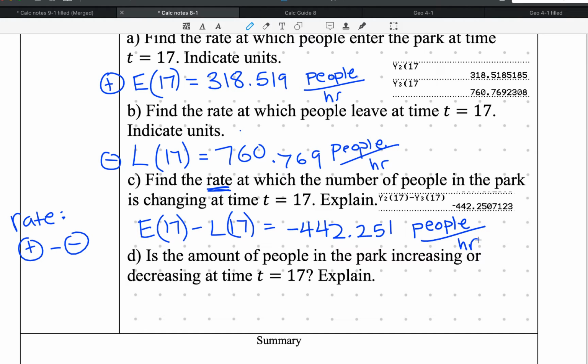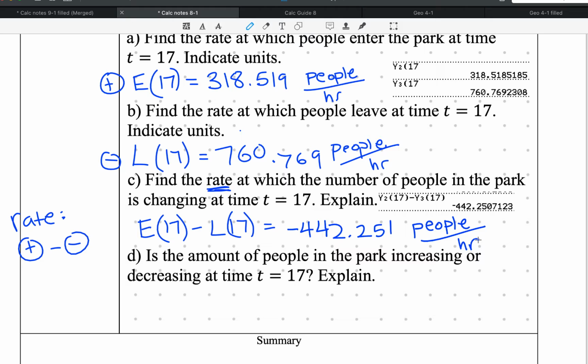And finally, the hardest question of all, well, at least for today's notes, is the amount of people in the park increasing or decreasing at time is equal to 17. And if you think about it, you're like, that's not that hard, Mr. Sindel, and you're kind of right, but you have to be careful. I'll do a volunteer basis on this one. Who wants to take a shot at it? Fiona? Not quite, because